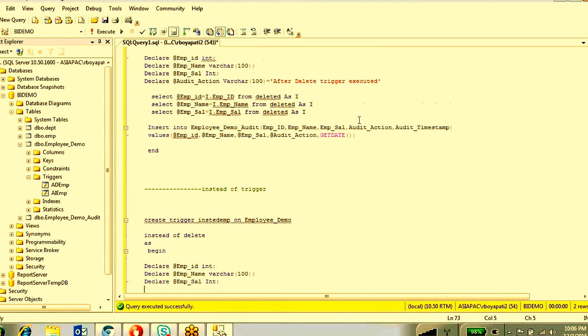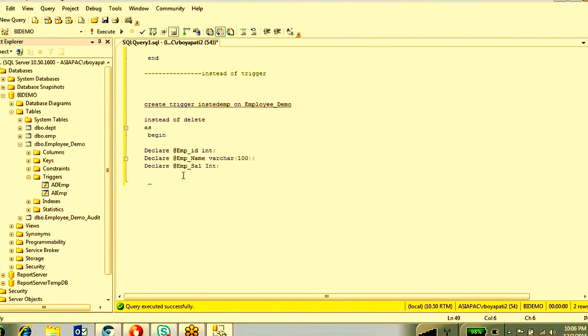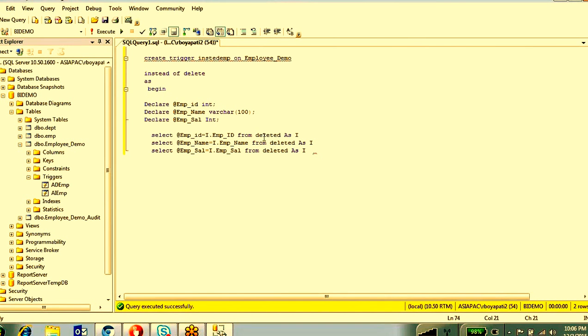And I want to assign into these variables whatever records you are going to delete. So this is instead of delete. Before you delete those records, they will come to this deleted table, and I am assigning those values into these variables.